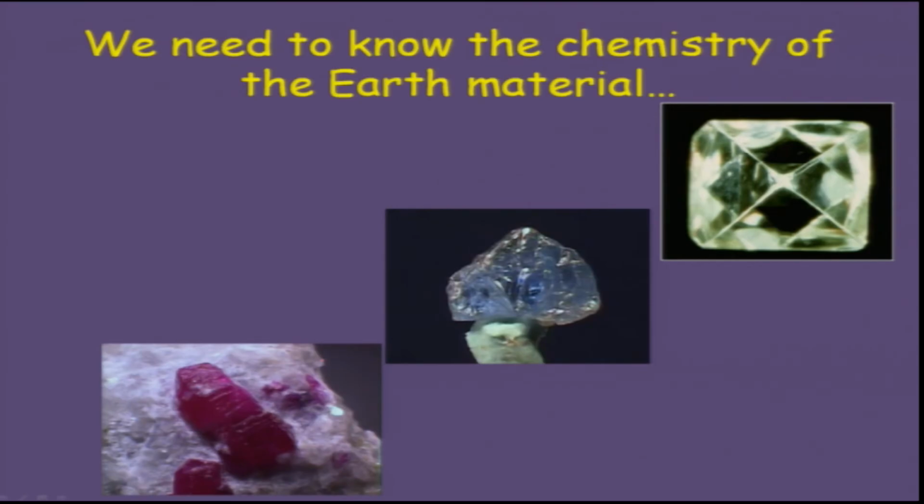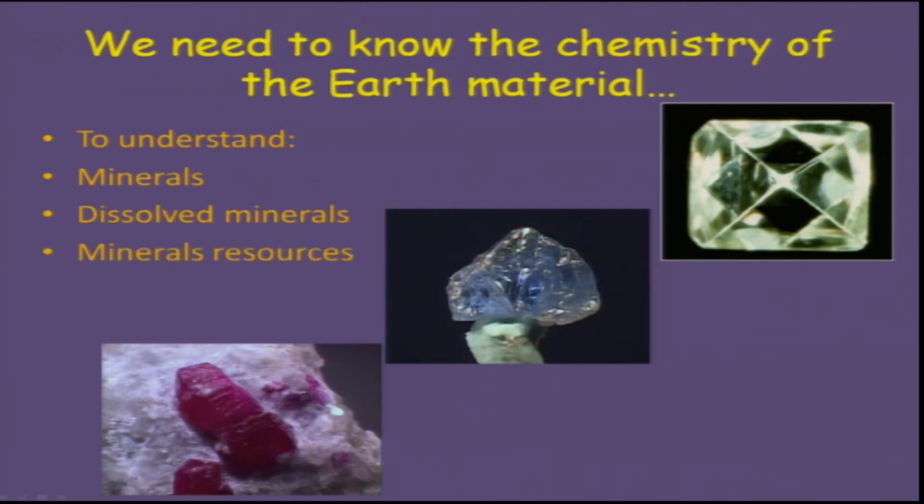and then we will also try to understand the chemistry of the earth material. We see those very beautiful rock crystals, or the minerals which we are looking at here. One is the diamond, then we have rock crystal, and then we have the ruby. So, to understand the minerals, dissolved minerals, and then we can also talk about the mineral resources, which are extremely important for our Indian subcontinent, or for our country, and then of course, we will talk about the rock formations, and then groundwater.